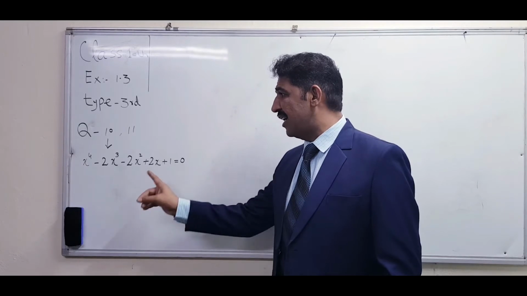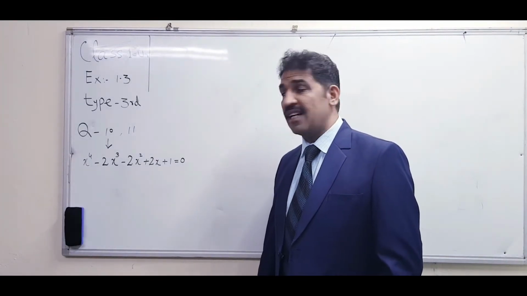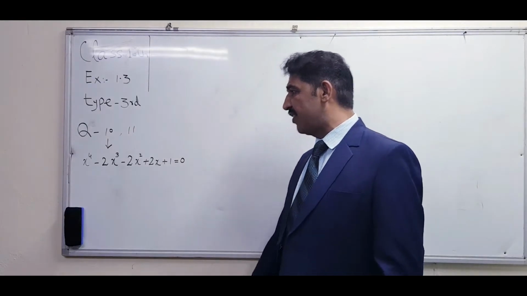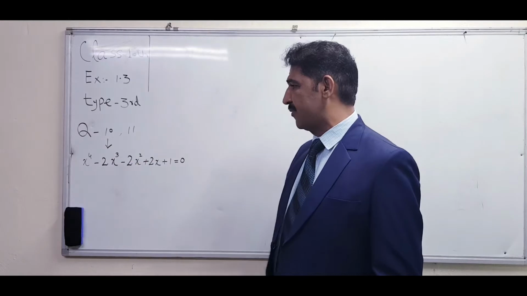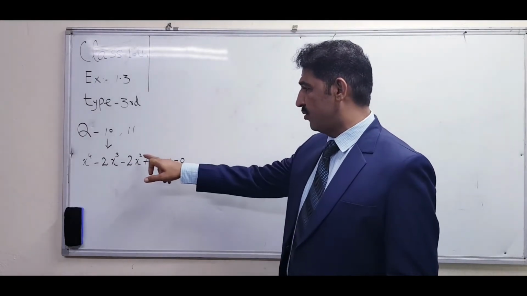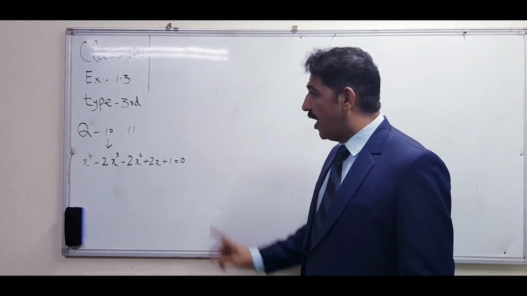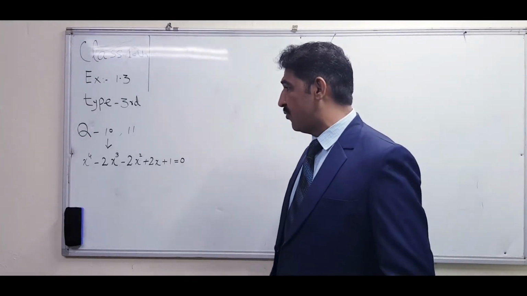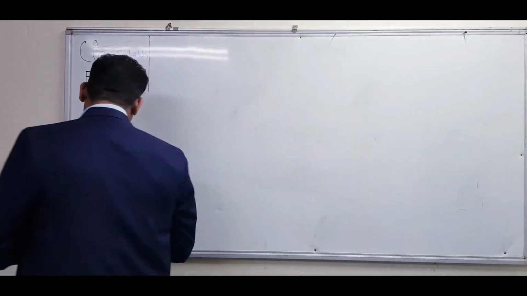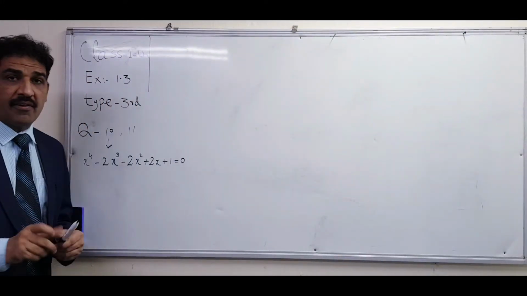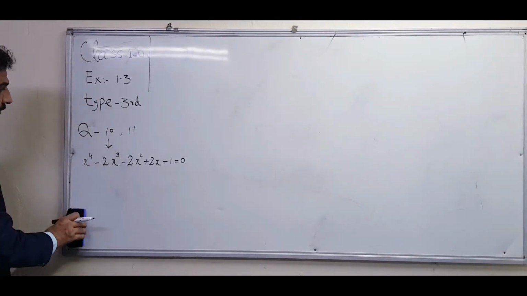So it is also the reciprocal form. When you see it, the first term is x exponent 4, the second is exponent 3, then exponent 2, then 1, and then the constant term. So how do we solve such an equation? First of all, we have to divide by x square and make the reciprocal form, which is not showing clearly, but when I solve it, it will be clear.